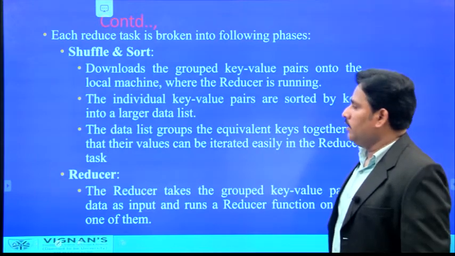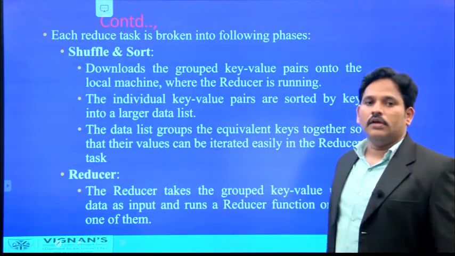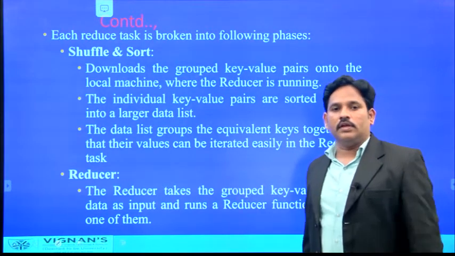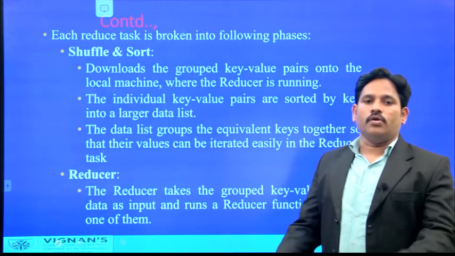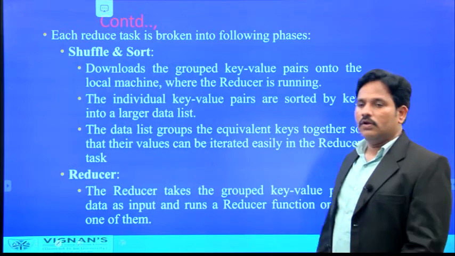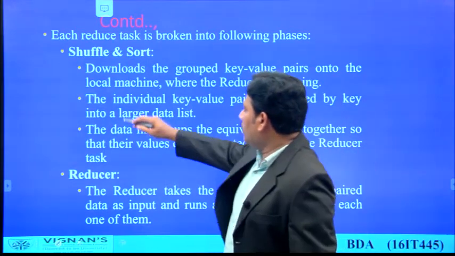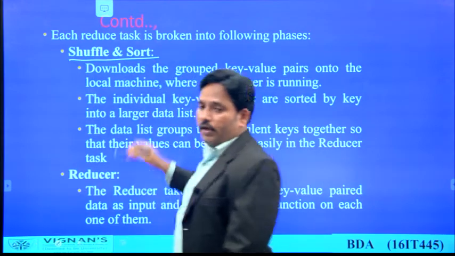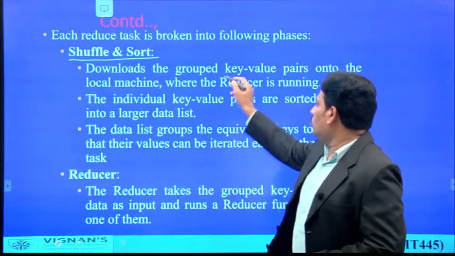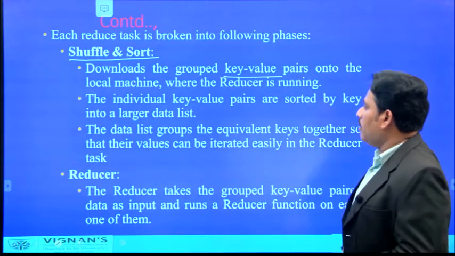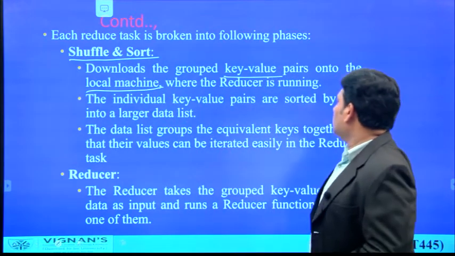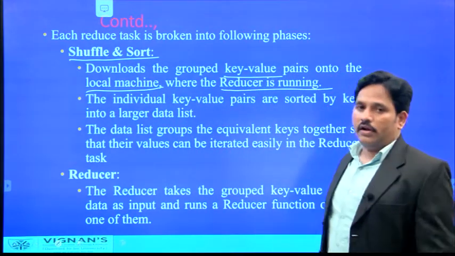Now what are we going to apply? We are entering into the second module called the reducer module. Till now we were in the mapper module. Next we move to the reducer module. In this reducer module, we are going to apply shuffle and sort, reducer, and generating the output format. It will apply shuffling and sorting of the data based on the key value pair. So the data is grouped based on key value pairs onto the local machine where reducer is running.